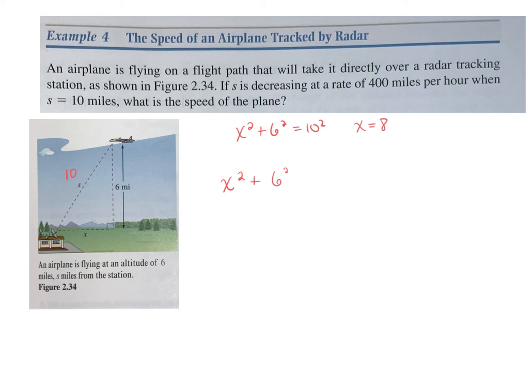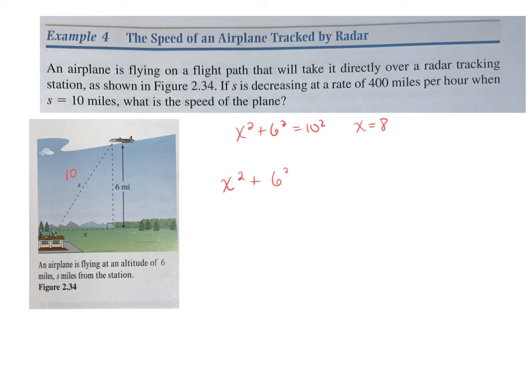The reason I filled out the x as a variable is because the horizontal distance is changing. The vertical distance is not. So the vertical distance is constant. That plane is not landing, all right? So I left it at a 6 because that 6 is not a variable, okay? I just used the 6 to figure out what my horizontal would be when the